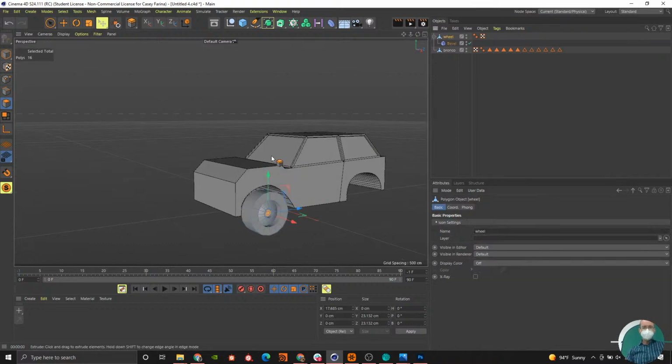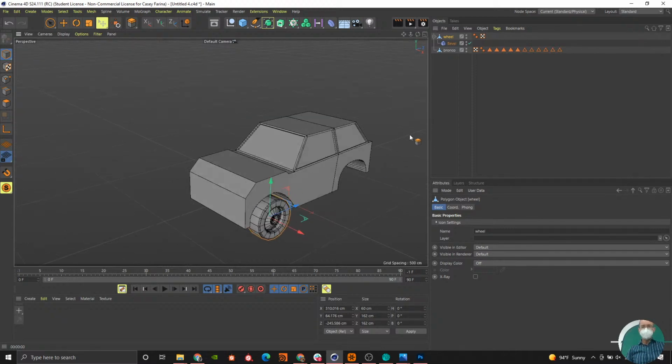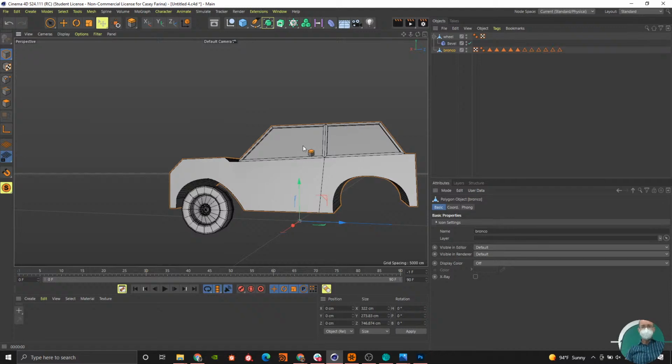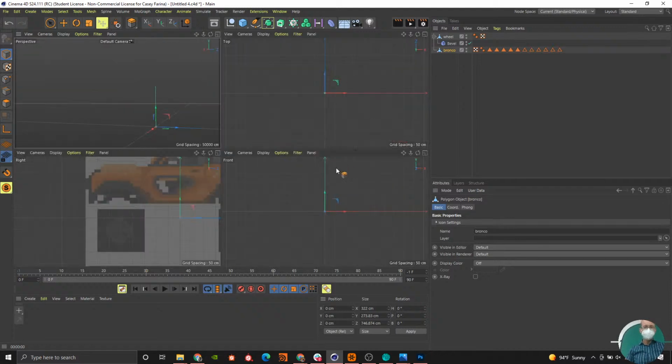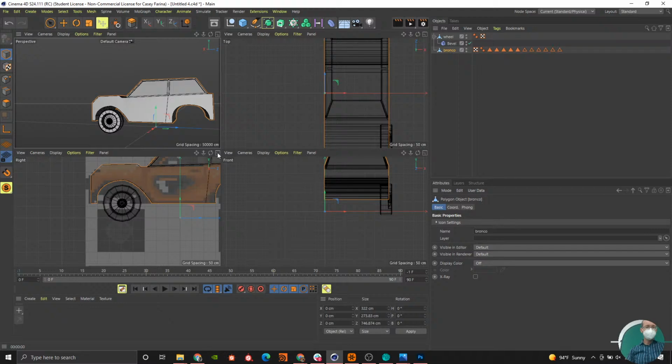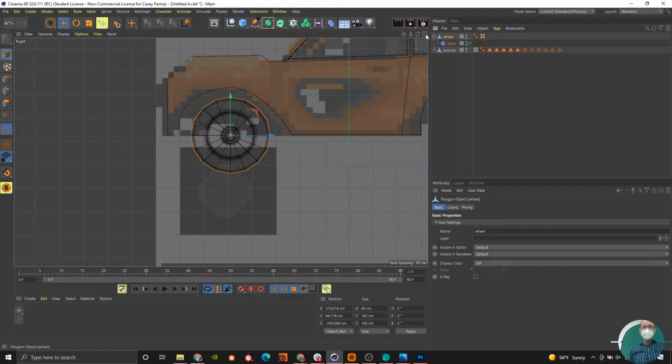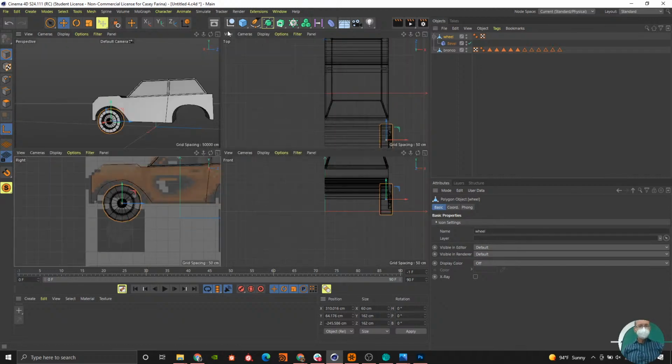Make sure the anchor point is in the center of the wheel. Let's check the object anchor point. That is correct. The anchor point of the Bronco, we probably want it at the bottom of the chassis, or this is the, whatever, it's the chassis and the body. E, anchor point tool, move that there. There we go. Like I said, we can duplicate the wheel over there. And here,